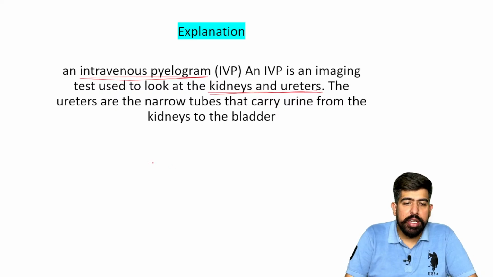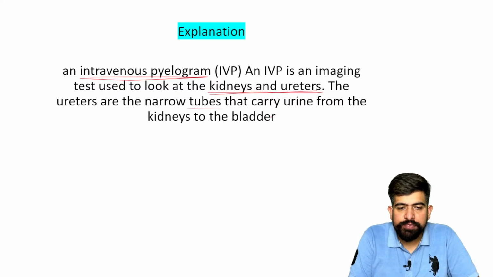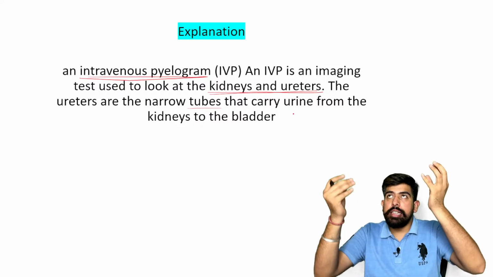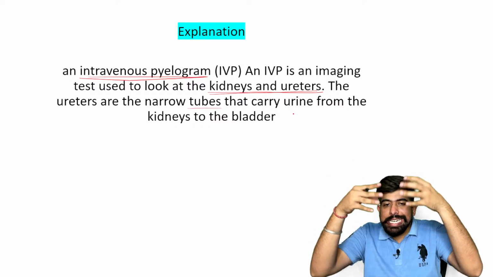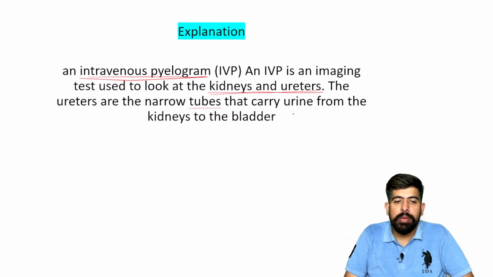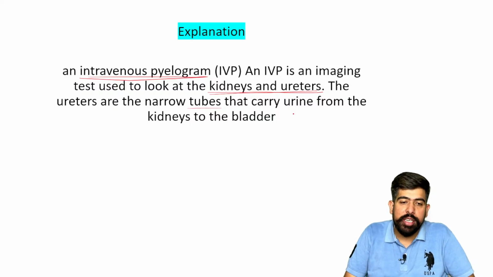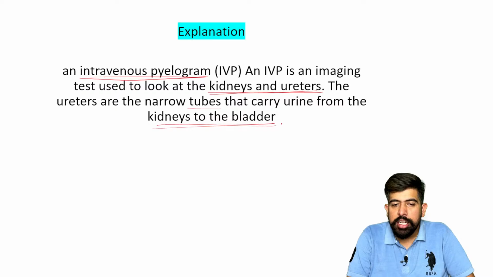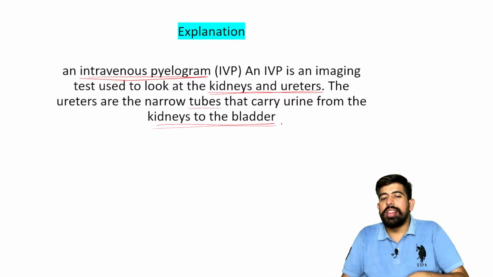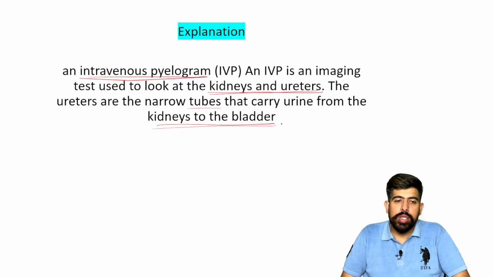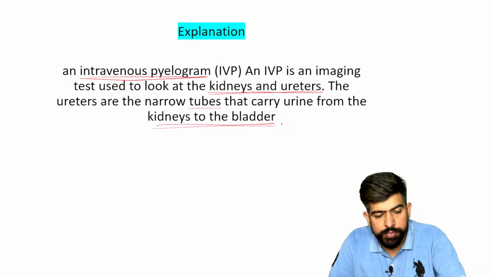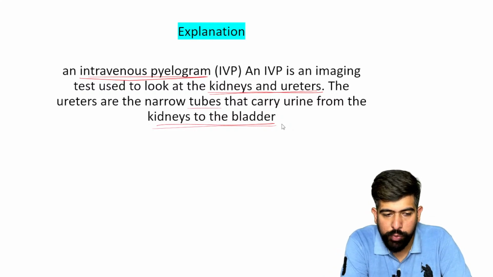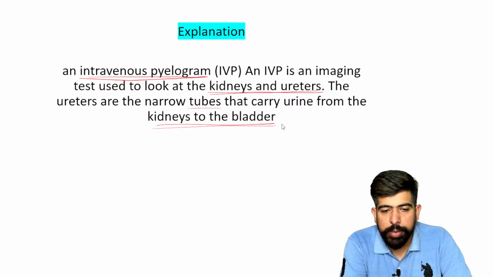Now, the ureters are narrow tubes which carry the urine, and they carry the dye from your kidneys. So the calyceal system of the kidneys and the ureters, till the bladder, will drop all the dye into the bladder also. So this is your intravenous pyelogram. Yes, doctor, you are correct. This is the intravenous pyelogram. Very good, doctors. Right, so just remember it.